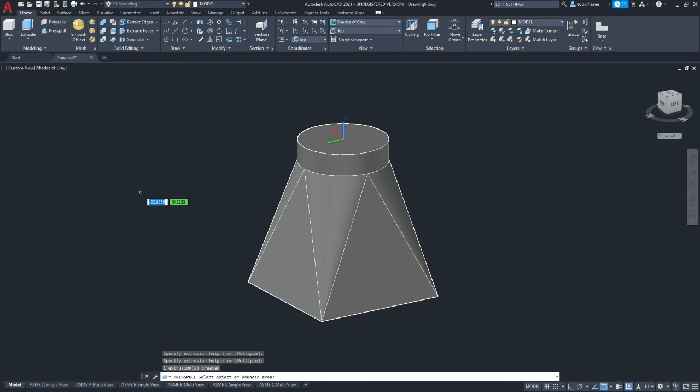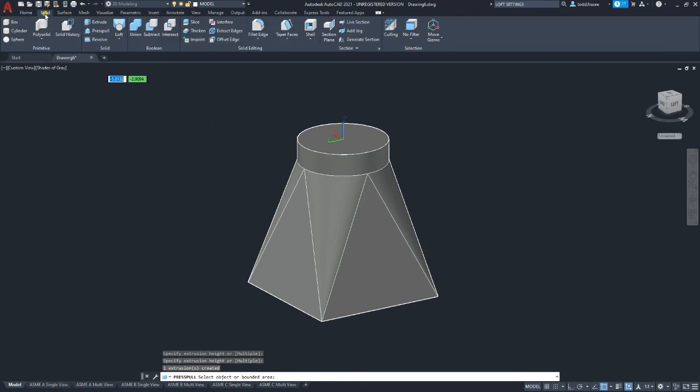Now at this point we want to use a different solid command, and it's called shell. The assignment calls for this to be an 1/8 inch thick duct section, and the bottom needs to be solid. So we want to do the shell command prior to adding the base to this. Otherwise it will make a hollow where we don't want it in the base. So to do so, we go back to the solid tab and we pick on shell.